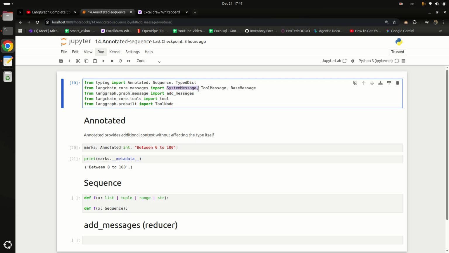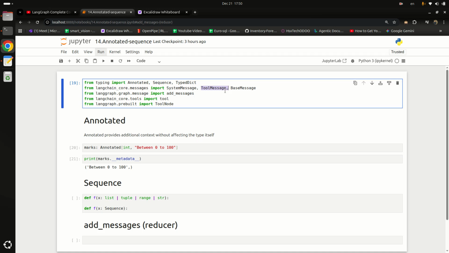System message is basically the instruction we give to the LLMs at the start, like how to behave. For example, we say you are an expert math teacher, or another example, maybe you are a helpful assistant that answers the user's question. Okay, another is tool message. Tool message is the message type that we receive after executing a tool.